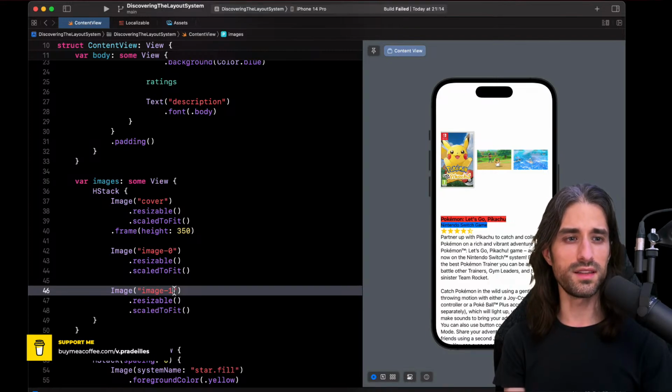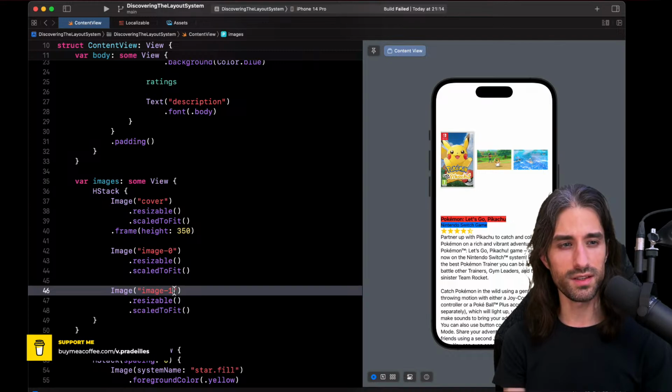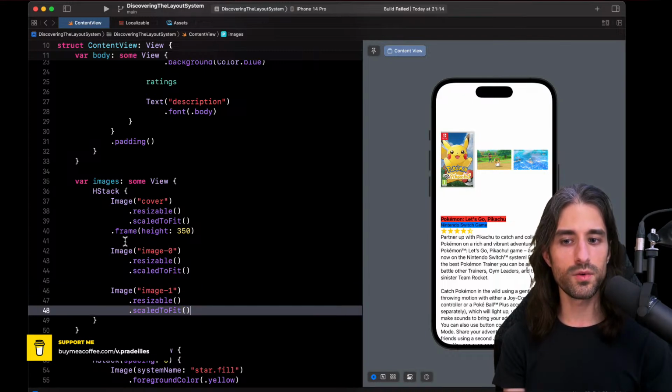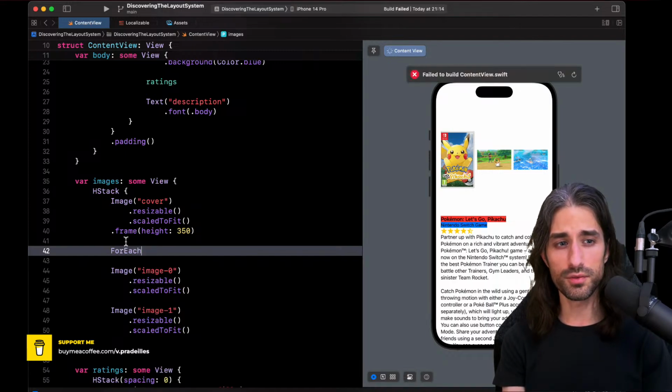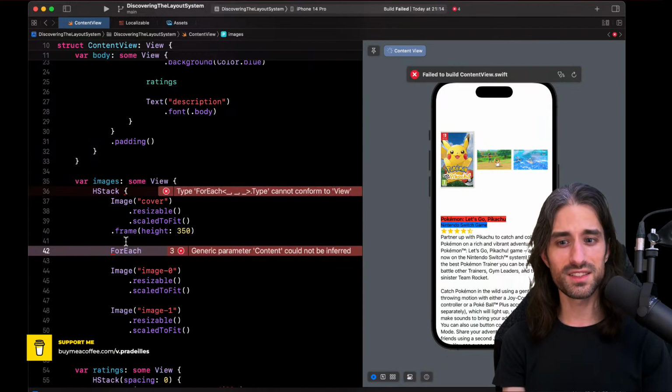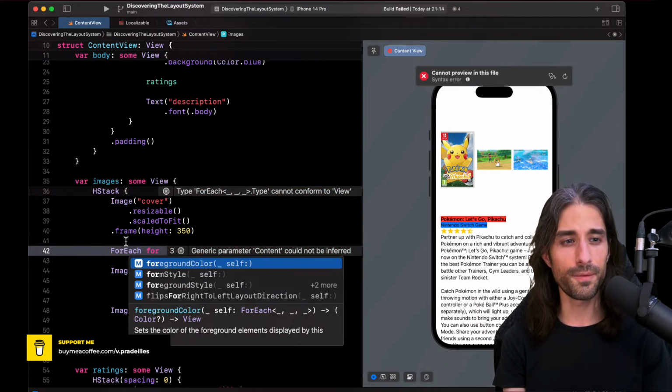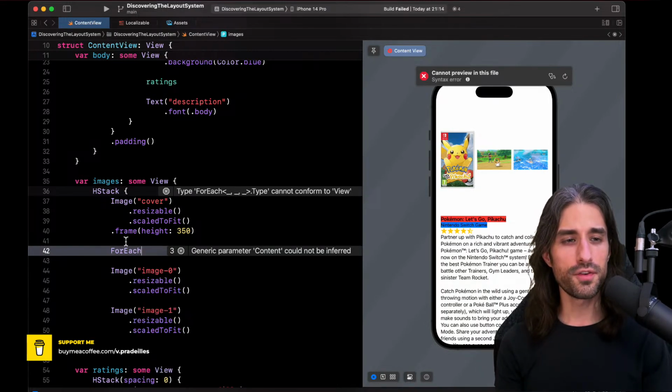But even though I can do it, and since there are only a few images, it's not a big issue. In a real app, you never know in advance how many images there will be for each product. The number of images probably changes depending on the product. So you need a way to iterate over an arbitrary number of images. And this is when I'm going to introduce the ForEach view. So ForEach is a view. Don't get fooled by the name, it's called ForEach. It's not like the for loop, which is a control flow structure. ForEach is a view that encapsulates that control flow.